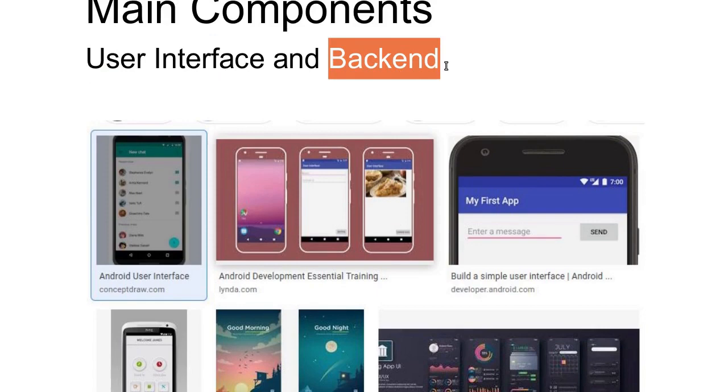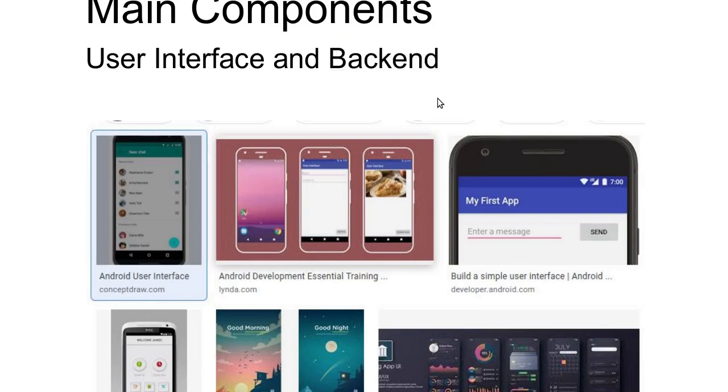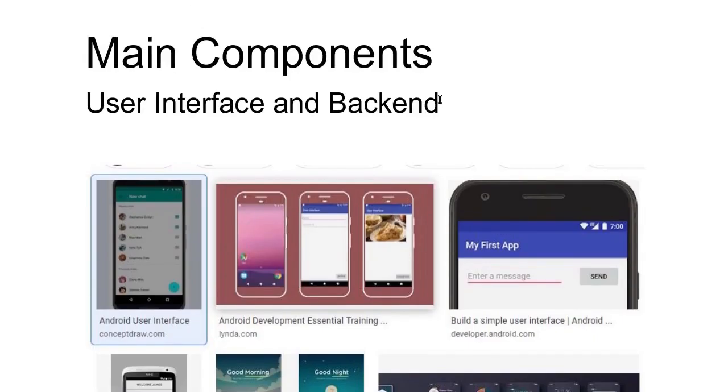So what is a backend? Backend means when you click a button or touch any part of the screen, there may be some action behind the scenes. That action is written in code, and the place where this code lives we call the backend, or we could say that is a server. So in terms of client-server, the user interface is our client, and the mobile is our client, and the backend is the servers that are on the big computers.